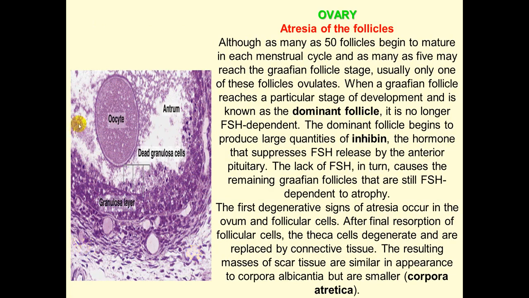You can see the picture of the atretic follicles. Atresia of the follicles, you can see this follicle. You can see that the wall of the follicle is damaged. You see granulosa cells, here they are, some of them died. You see that the cells of the cumulus oophorus have disappeared, the corona radiata is damaged on all sides, the zona pellucida is also thin, and you can see the theca